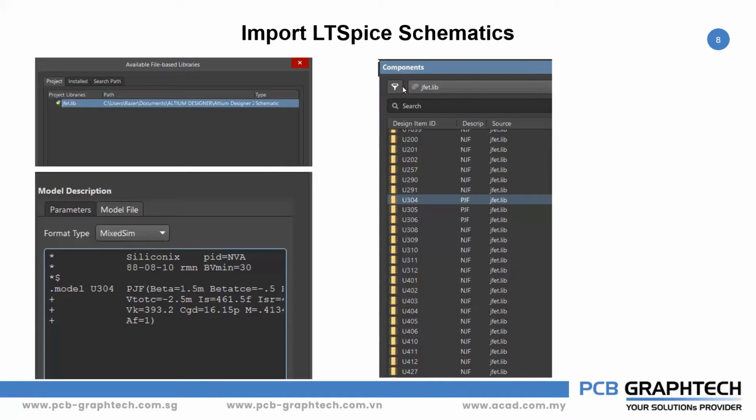Then you can see on the right hand side the component panel with the library file jfed.lib. So the source is from jfed.lib. You can see all the components are from this lib file. If I open any one of the components, you will see the properties of that model. When you see the properties, in the left hand side bottom you can see there is a model description. Under model description, you see the model file. In the model file, you can see what the model is and information about that particular model. So you can see all this information from the component panel itself.